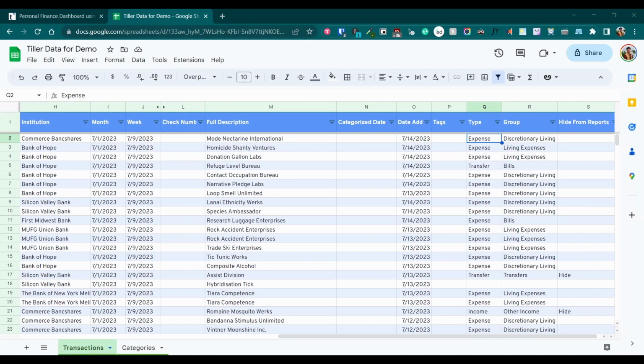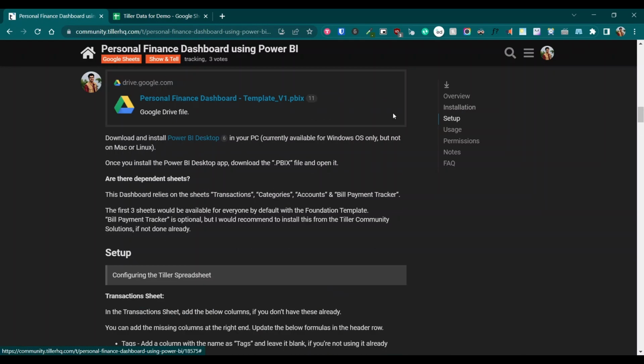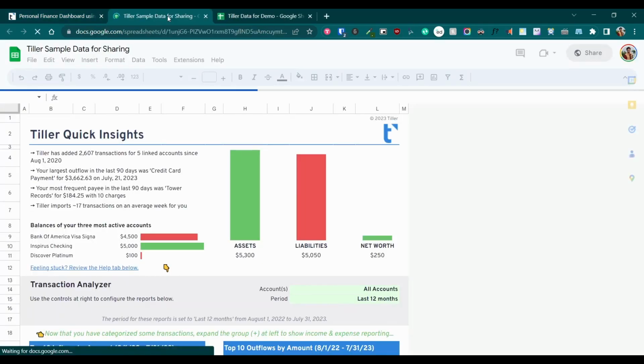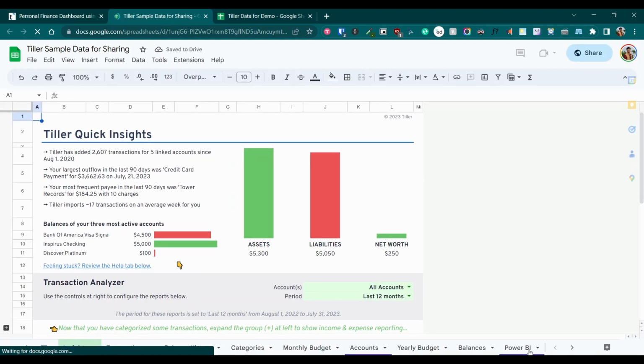Okay, so the next thing that we need to do is to copy the Power BI tab from the sample sheet included in the installation section. If you click on this, it has that Power BI sheet, which consists of several named ranges and data associated with them.